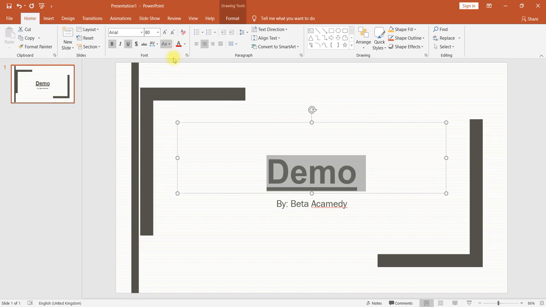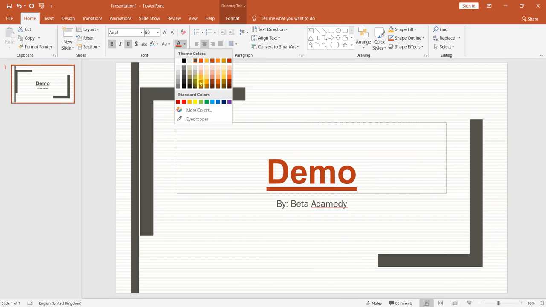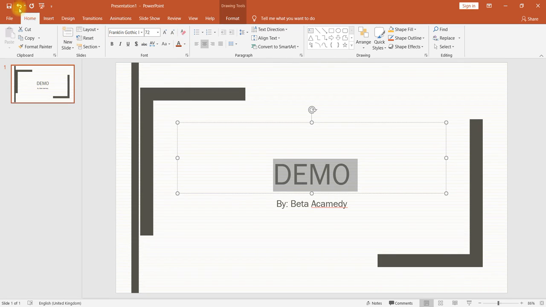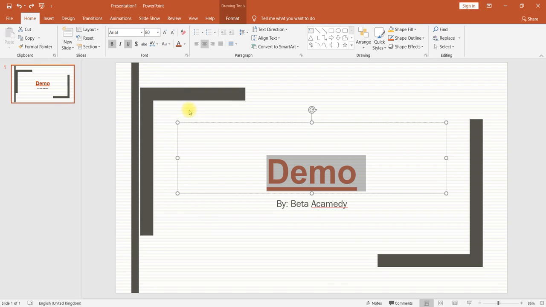Once you have formatted, for example, if you would like to change the color of the text, you can do so by using the font color option. If you would like to delete all the formatting you have done so far, you have to select clear all formatting. The underline and everything will go off, and it will be the original. This way we can clear the format. If you click this by mistake, to go back we use the undo button here. These are the font formatting options we have discussed.